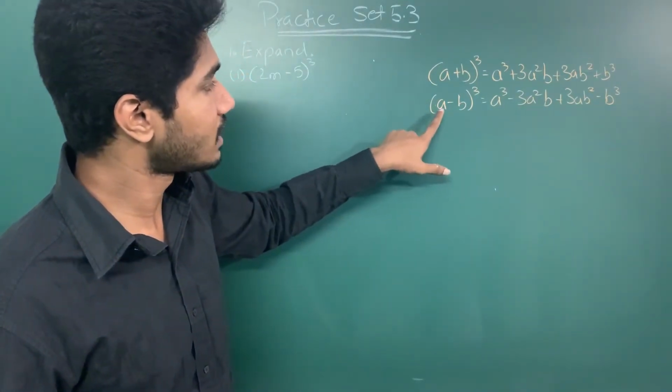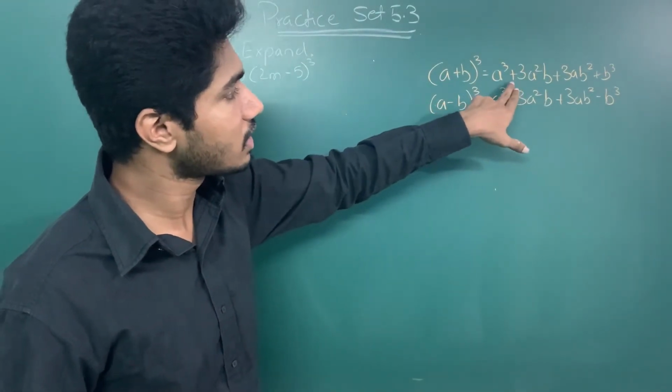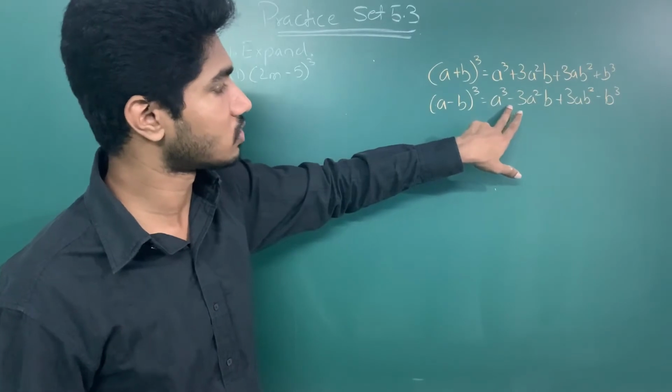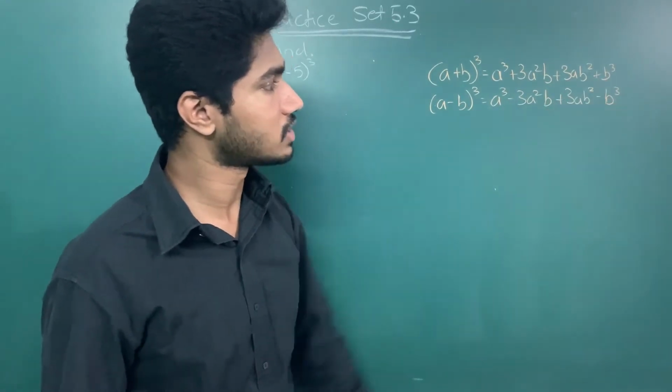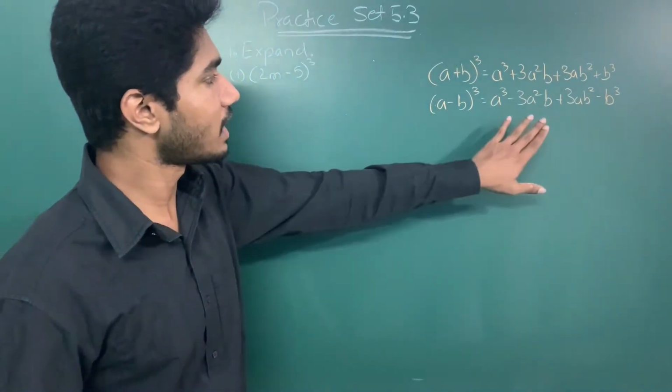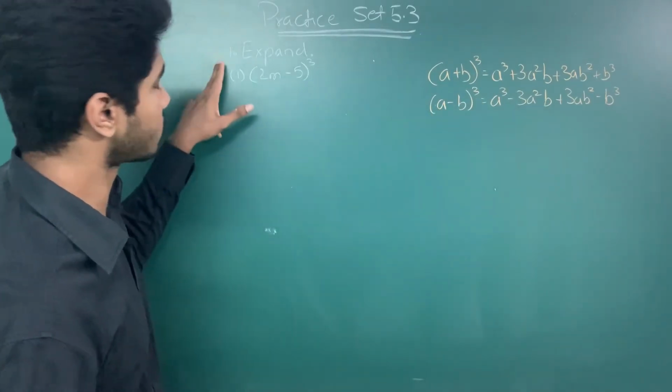Now there is a new formula that is (a minus b) the whole cube equal to a cube. फर्क इतना है कि यहाँ पे जो प्लस है यहाँ पे सिर्फ माइनस होगा. 3a square b plus 3ab square और यहाँ पे भी minus b cube आएगा. So we'll apply the second formula, that is (a minus b) the whole cube, in the first question, that is